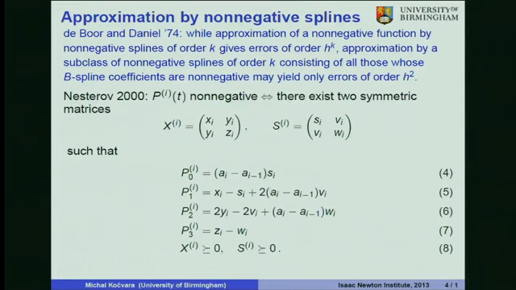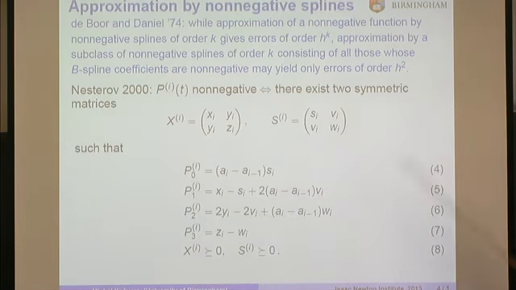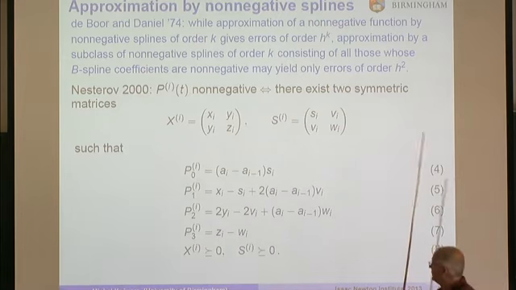And there is a way how to do that, and Nesterov showed it in 2000 in his paper, where he showed that a polynomial on a given interval is non-negative if and only if there are two symmetric matrices which are positive semidefinite and which satisfy those equalities. Basically, that's the relation between the coefficients of the polynomial and the elements of that matrix. So there is some specific relation. The matrix should be positive semidefinite. Okay, then we can